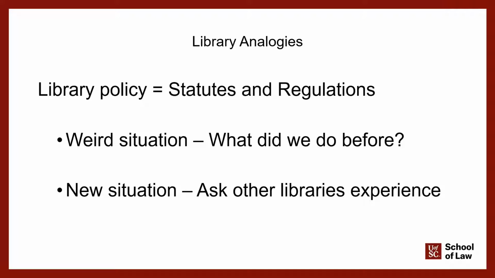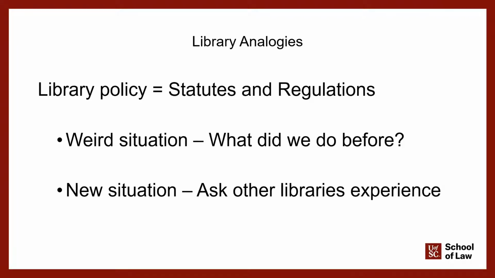Or if it's a completely new situation, they may hop on their library chat boards and say, hey, people in other libraries, I just had this really bizarre thing, and what did you guys do? How did you handle the situation? That is, in a nutshell, all the concept of precedent really is about. What did we do before, and what did other people do with similar situations? Because it's a lot easier to be consistent and to follow another person's example than it is to